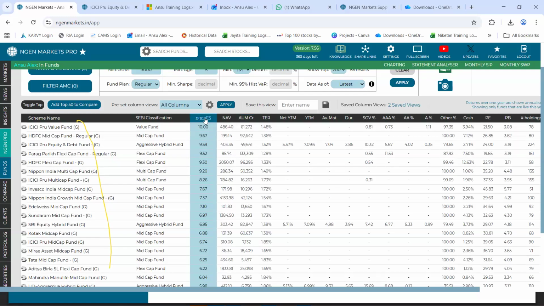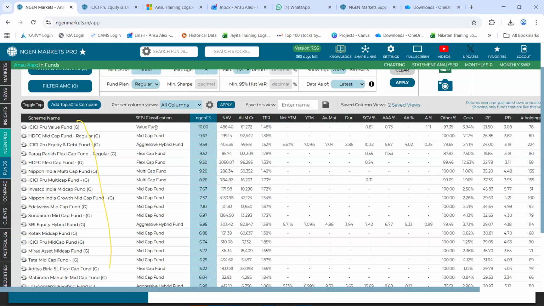And now from each category, I will be selecting a single fund. You could have the option to go forward with the best performing fund in that category, or let's say you would preferably want the second best performing fund, because the first best performing fund might have already outperformed enough. That is personal, your choice. At the moment, I am selecting those funds which have performed the best in those respective categories.